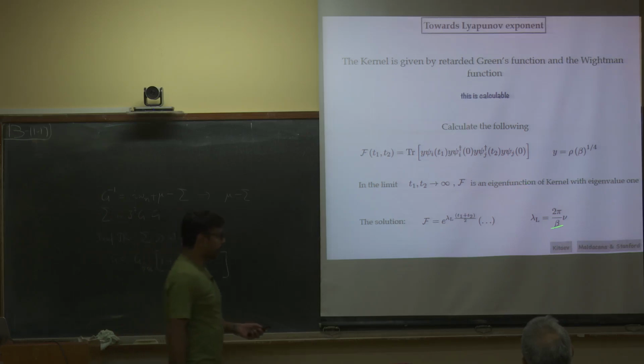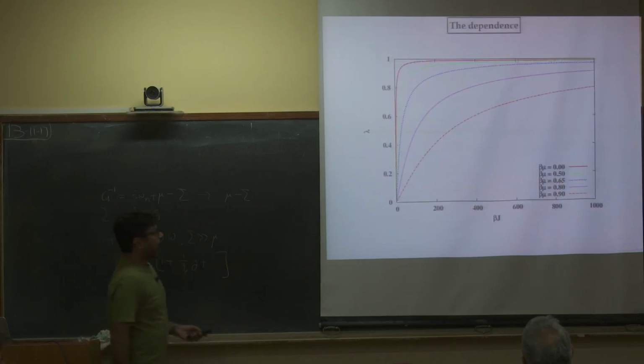But now that you have this, you can of course ask how exactly this behaves as I tune nu, in other words, as I tune beta mu and beta J to begin with. Those one has to unfortunately get or plot numerically, but that's not too hard. So for example, this is one particular picture which shows how it behaves.